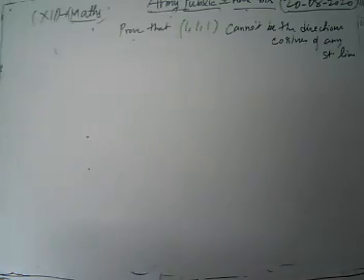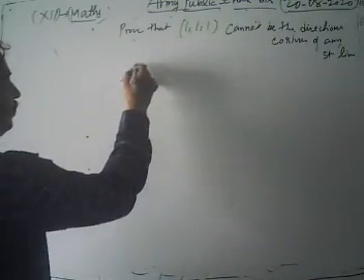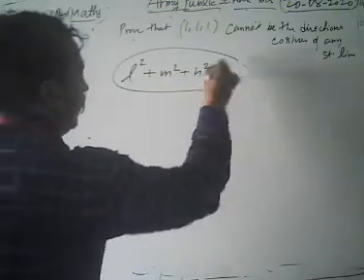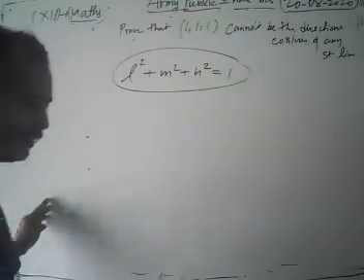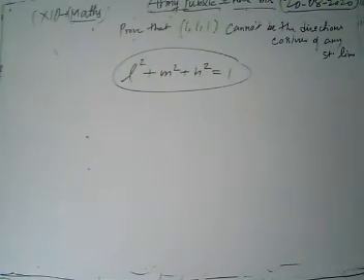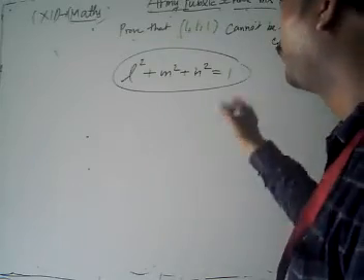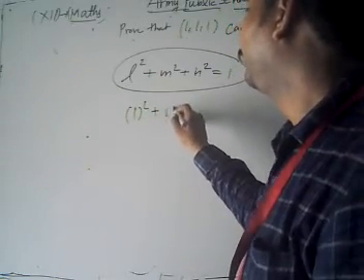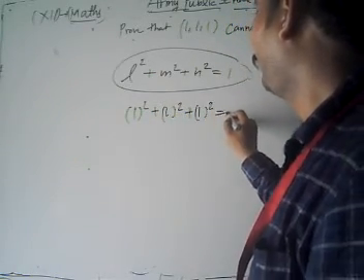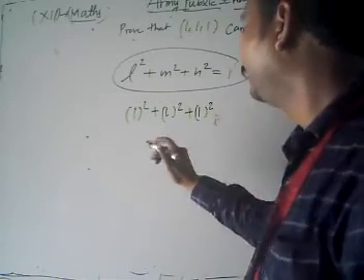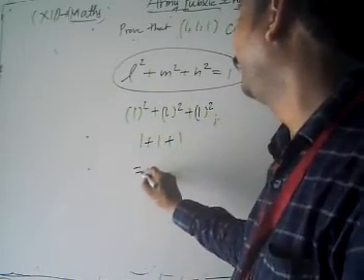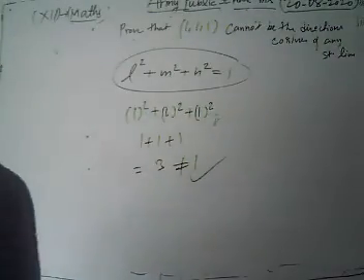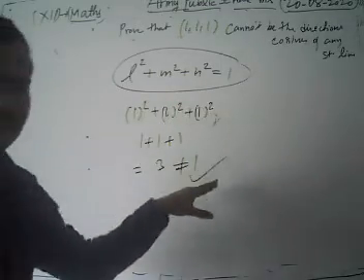It's an easy way because we know the relationship: L square plus M square plus N square equals 1. If L, M and N are direction cosines, then L square plus M square plus N square must be equal to 1. We are given L as 1, M as 1 and N as 1, so we put 1 square plus 1 square plus 1 square. That is 1 plus 1 plus 1, which gives 3. This is not equal to 1, because L square plus M square plus N square must be equal to 1.